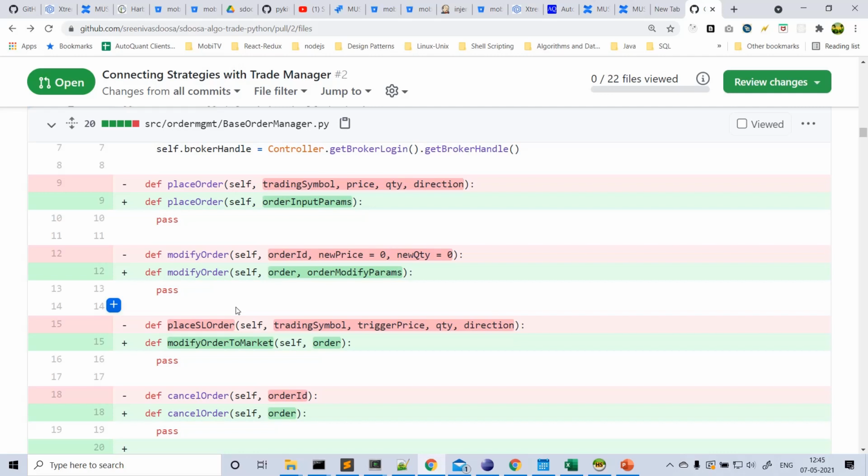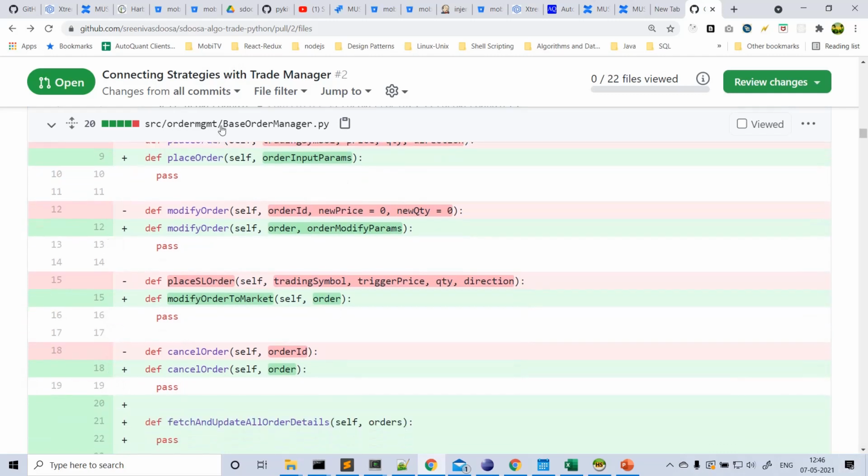For that purpose, I wrote a convenient function here. So just implement this if you are writing the code for other brokers. In this case, we can see only the Zerodha order manager. And for cancel order, just send the cancel order details and it will cancel.